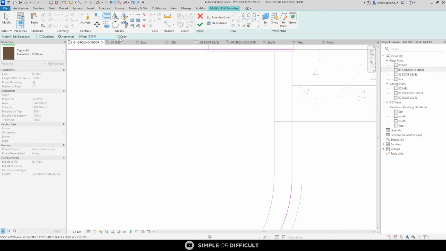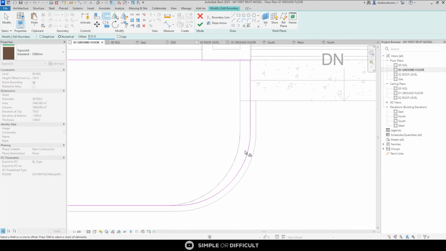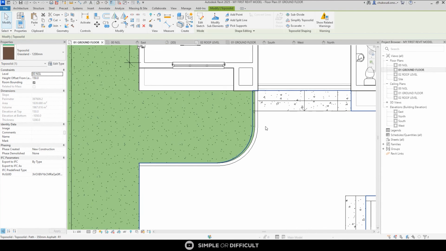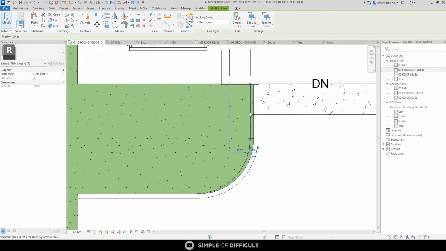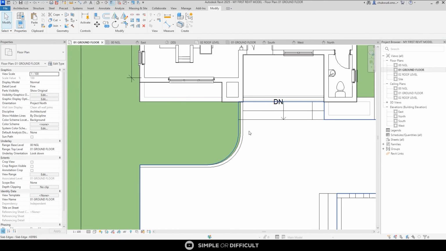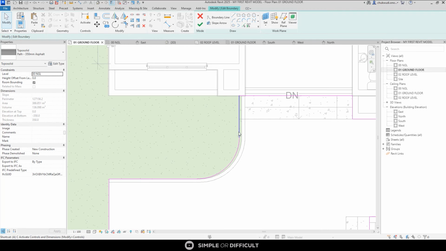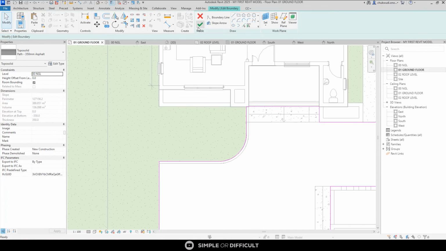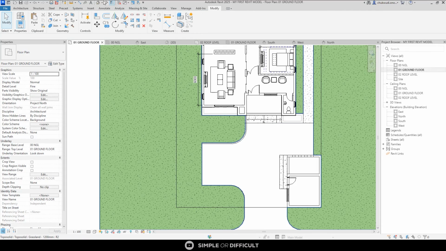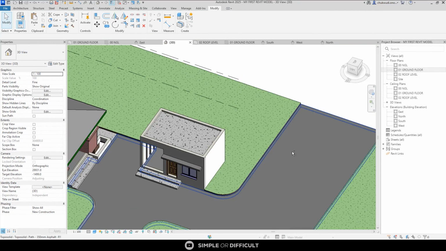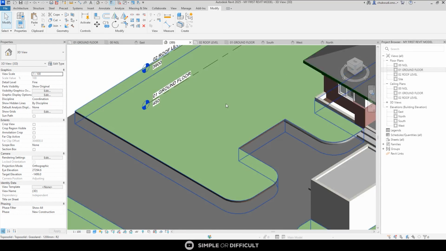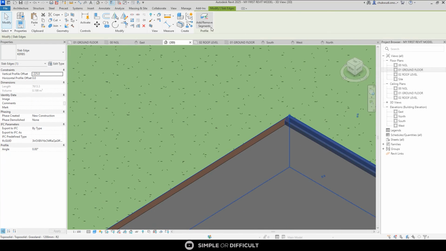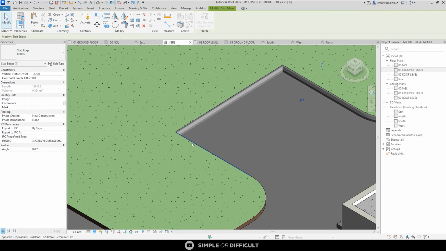Turn off the copy so that you can just offset it without making a duplicate of it. Okay, exactly like that. So I'm just going to bring this one back using the align tool. I'm going to bring it back to here and then I will say okay. So when I go to the 3D view, you're going to see what we're having. Now it is time for me to continue this. So I'll select this and then I will just add it